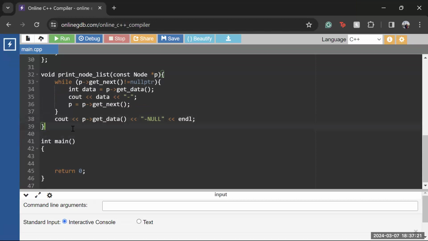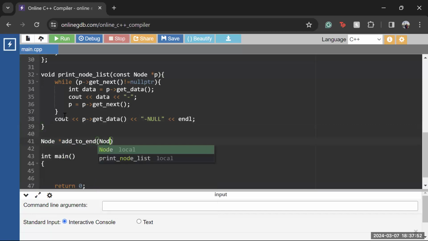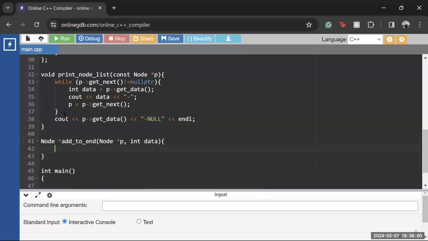Okay. And then after this function, there's two more or three more? No, two more. One of them is type node, and then another one type void. So the node one is star, so it's a pointer, add_to_end. And then in brackets, we want node star p comma and then int data. Node star p, int data, yeah. And then in curly braces,